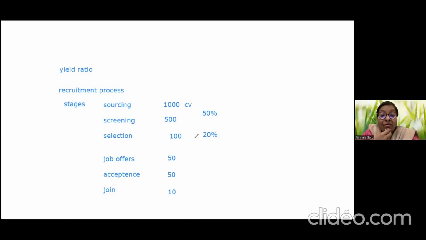But let me also tell you, in BPOs, I've been there on the ground. We used to source a lot of people, and we did a lot of root cause analysis. There were two things: job posting not clear, and that is why we used to receive a lot of unwanted CVs.